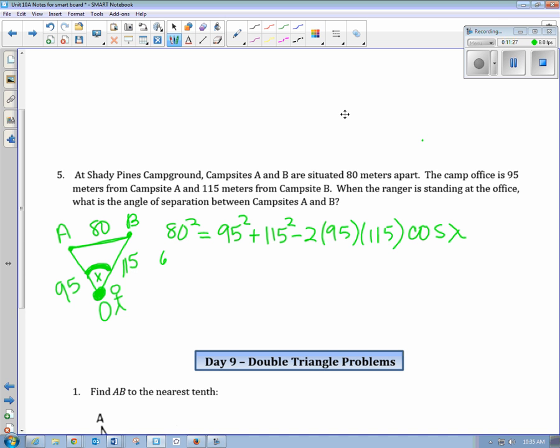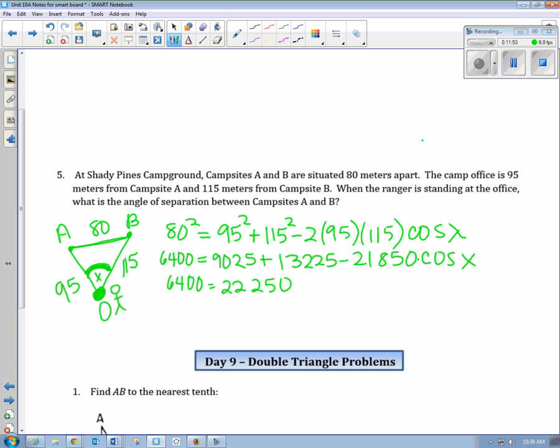So when I go back now and simplify this work, it's 6,400 equals 9025 plus 13225 minus 21,850 times the cosine of x. I'm going to solve like I had in the last couple, which means that I'm going to combine like terms on the right. So that's 22,250 minus 21,850 cosine x. I'm going to subtract this over,